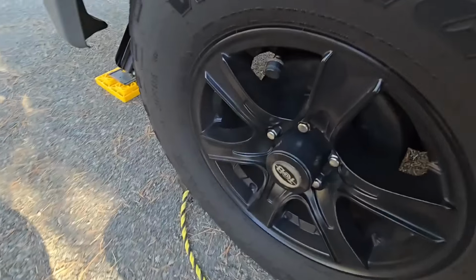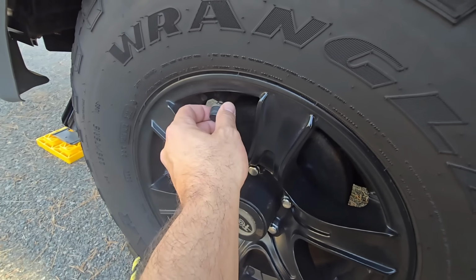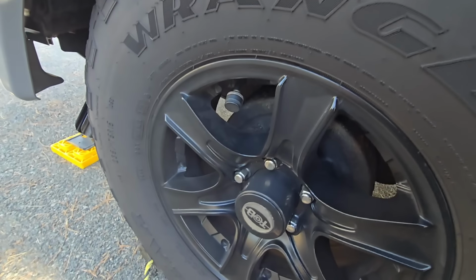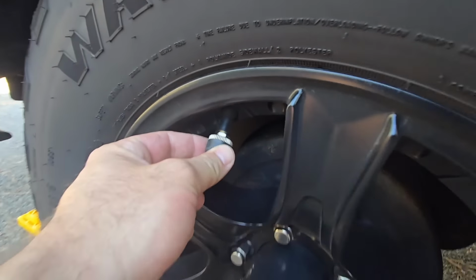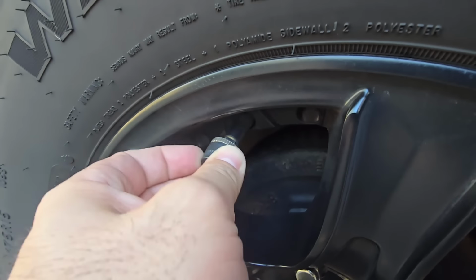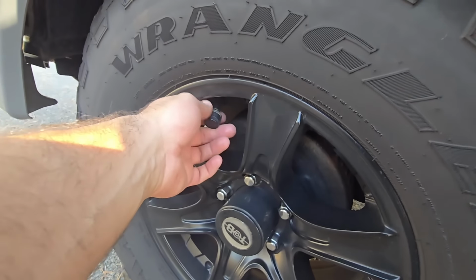And by the way, we will be getting into parts of the Tacoma on what I had to do to make towing a lot better. I picked up a set of these TPMS sensors from TireMinder. They just screw on. And I didn't know this, but I really should replace these rubber valves with a metal valve. Apparently it was in that piece of paper they put in the box that tells you how everything works,